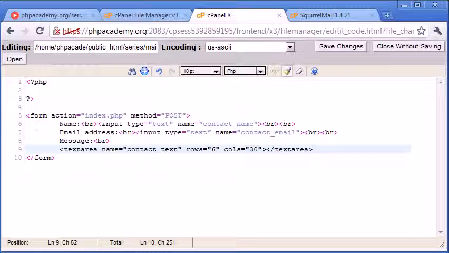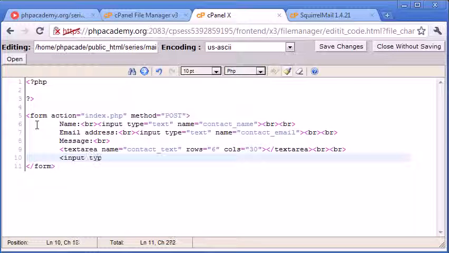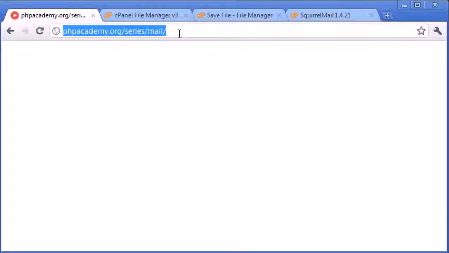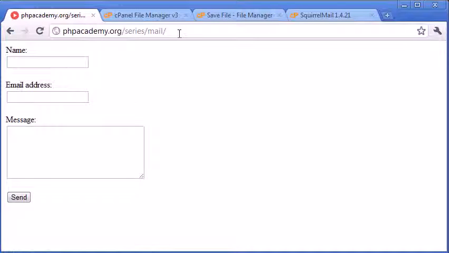So we're going to go on the presumption that all of our fields are required by this contact form. So obviously you can chop and change, and within PHP we can make the relevant checks. But for now I'm going to do a couple of breaks down, and I'm going to create our submit button. So it's a type submit, and the value is going to be send. So let's go ahead and save this page, and we can preview this in our browser. So I'm going to refresh the page, so you can see we've got a pretty standard looking